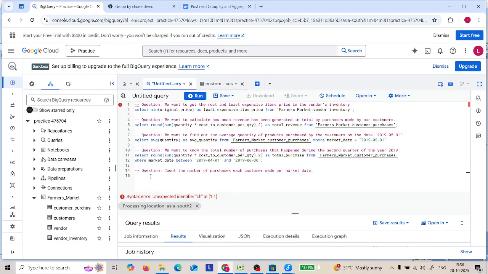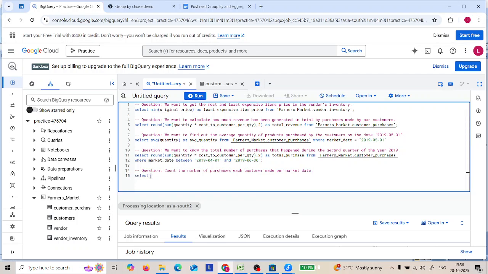So in the select clause, we're going to select only these two columns. Select market date, okay, let's say from customer purchases. Now select market date, comma customer id,